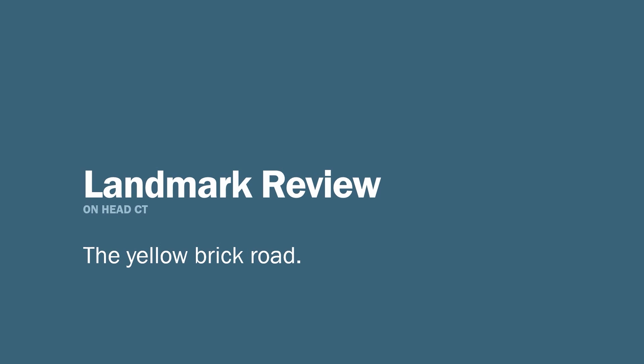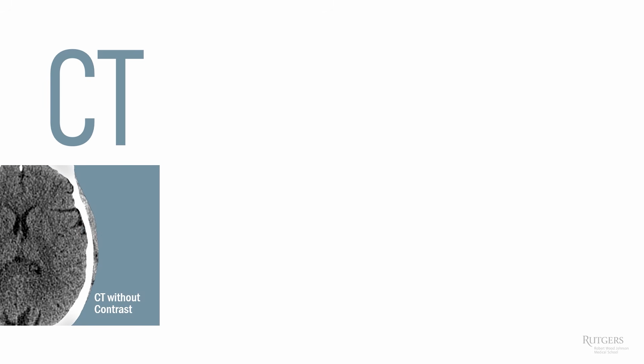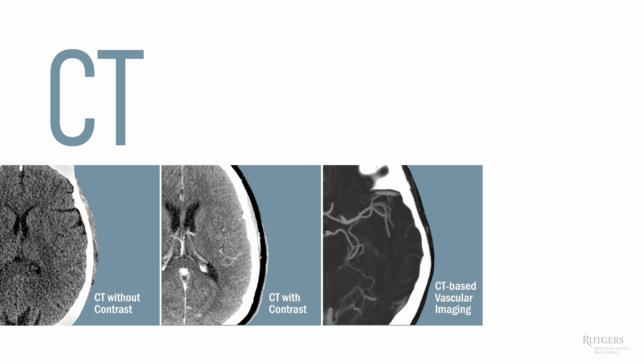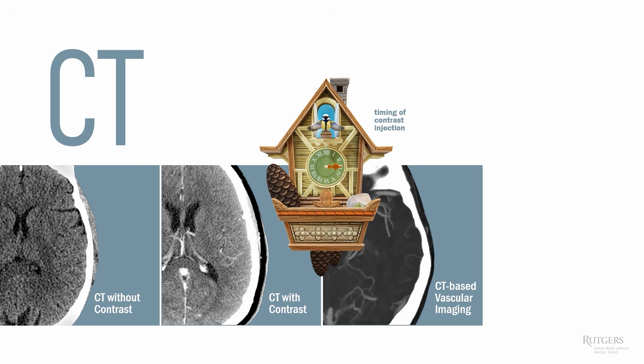First step, landmark review. And for our landmarks, we'll use the head CT. Head CT without contrast is the most common imaging modality that we get. Contrast can be added to look for breakdown of blood-brain barrier, for example with neoplastic or infectious lesions, but that's better seen on MRI. CT can be used to obtain vascular imaging by rapidly tracking a bolus of contrast into the brain. This is called the CT angiogram. By the way, the difference between the CT with contrast and a CT angiogram is essentially the timing of the scan with respect to the contrast injection.